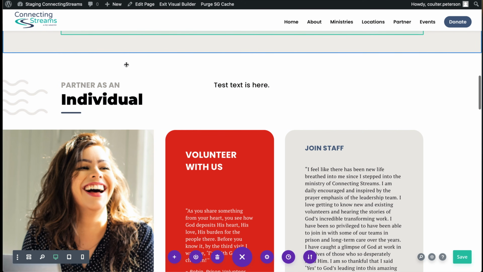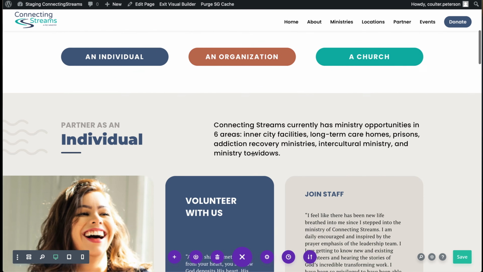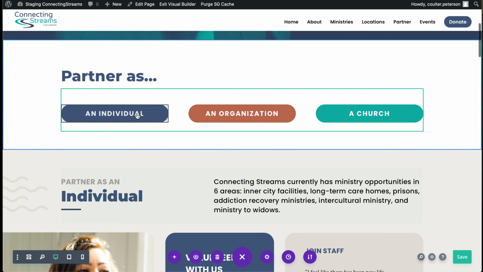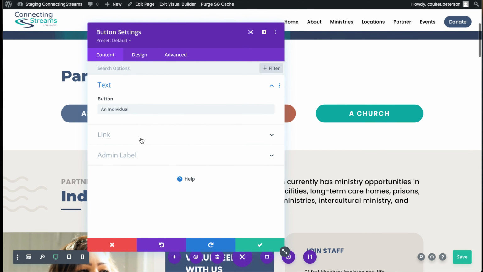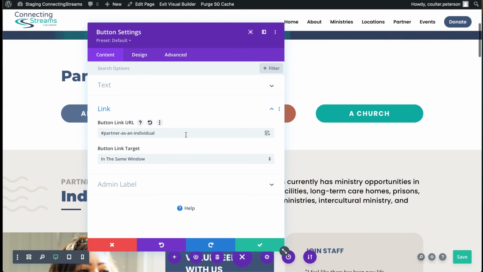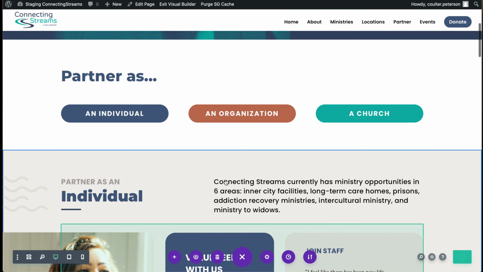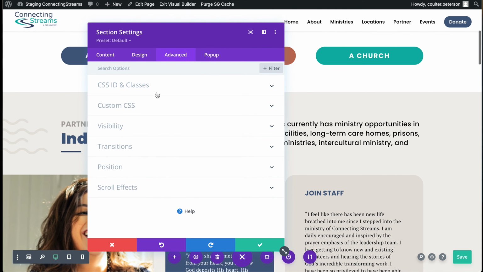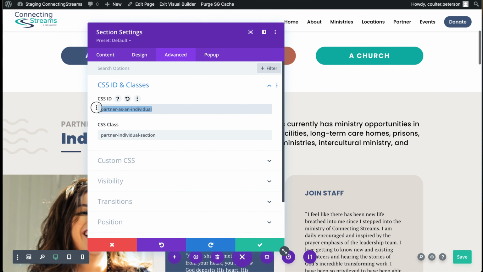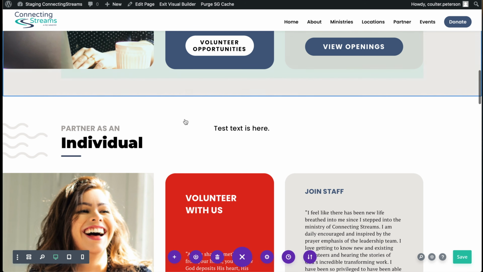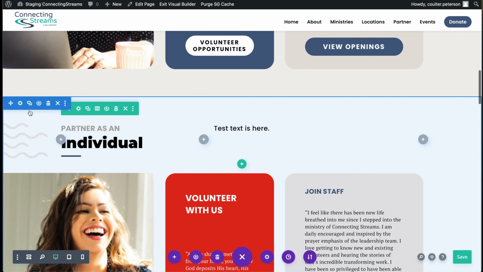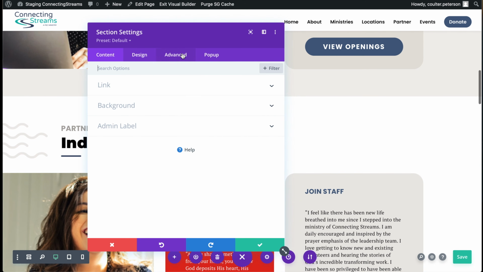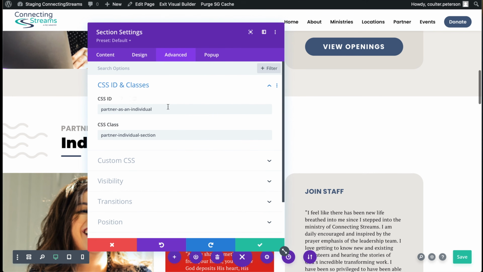One final footnote I will mention, if you're doing something like linking to sections like we are on this particular page, each of these buttons, if you look, only links to the hashtag partner as an individual, which is what is set here in the section ID, which is how we get that scrolling effect. It scrolls down to whatever has this in the ID field. But when we duplicated that section, this section retains that unique ID, and there's only ever supposed to be one ID on a page. And so what we would want to do is change this to,